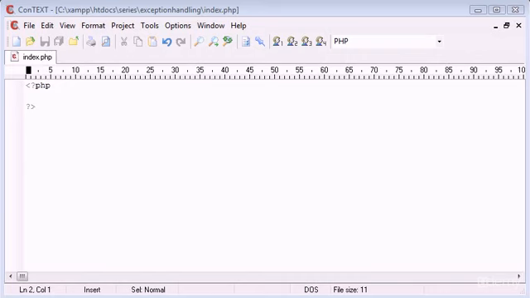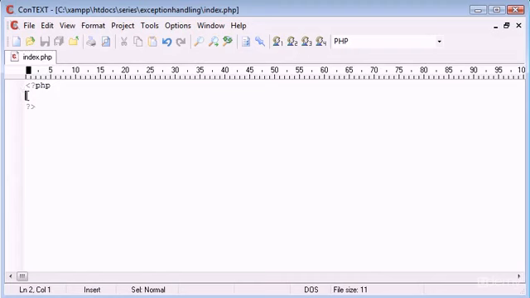Now, the next part of exception handling we're going to talk about is try, throw, and catch. What we do with try, throw, and catch is we need to try a block of code. Within this code, if we come across an error, we throw an exception, as we've already looked at. But what we do is that we then catch the exception, and we can display the custom error message